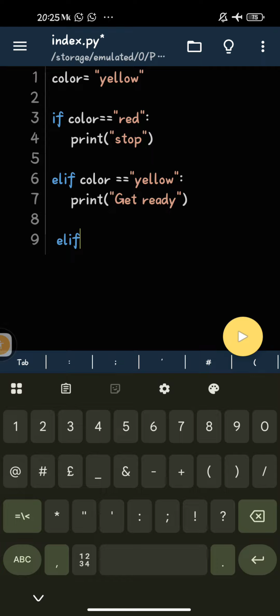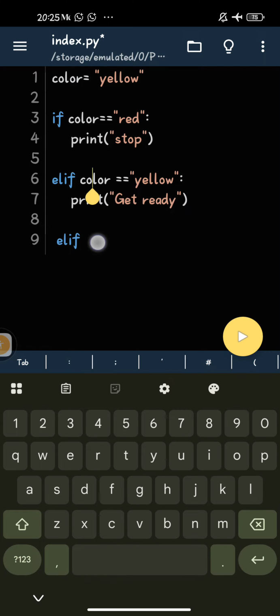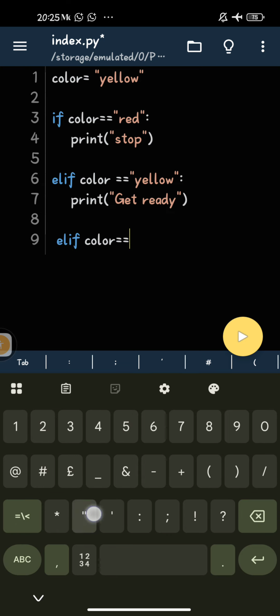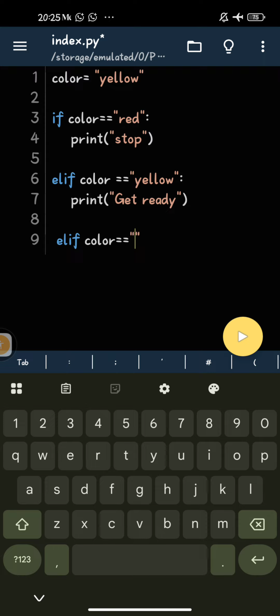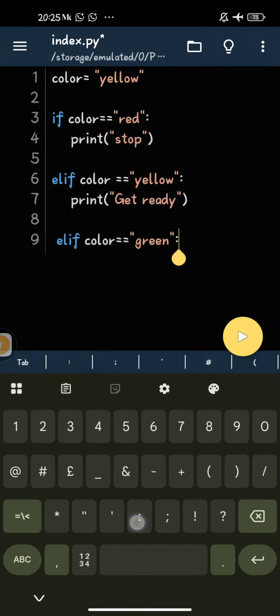You must do all the three conditions. The first one, the second one, the third one is what I'm doing now. Else if color is equals to green, print